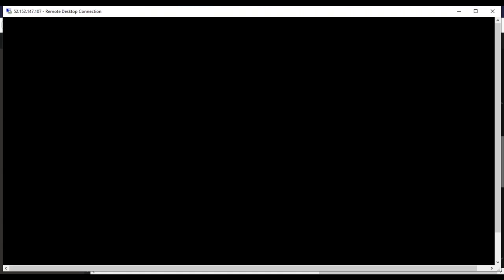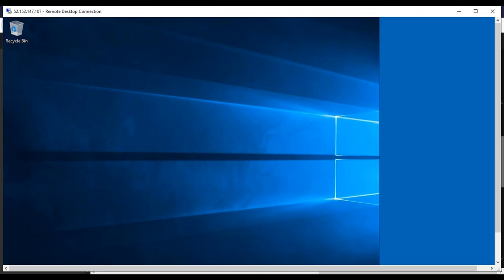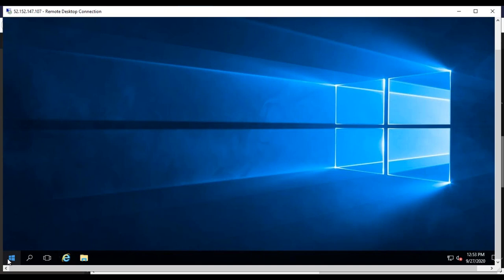So you are able to log into the machine. That means you have deployed a resource group, a VNet, subnets, network security, everything. And this is how you can deploy a server into Azure cloud, literally. This is the server.